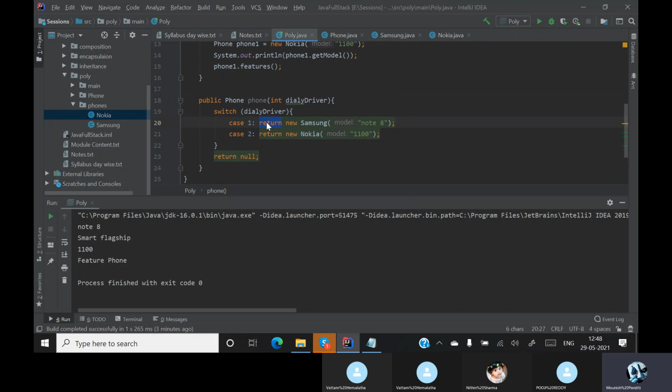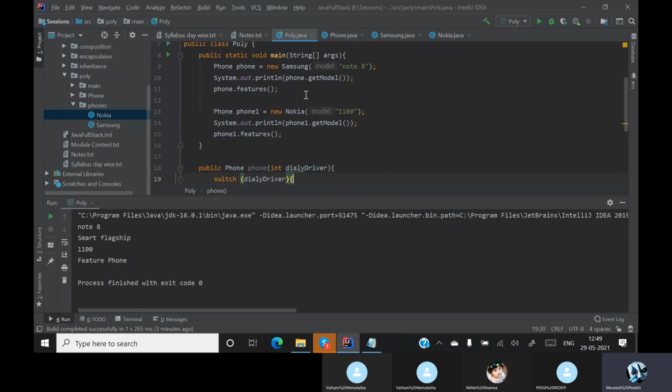When I return the value, automatically the switch will end, so I am not writing any break statement. Instead of this, I will say phone is equal to phone of 1.